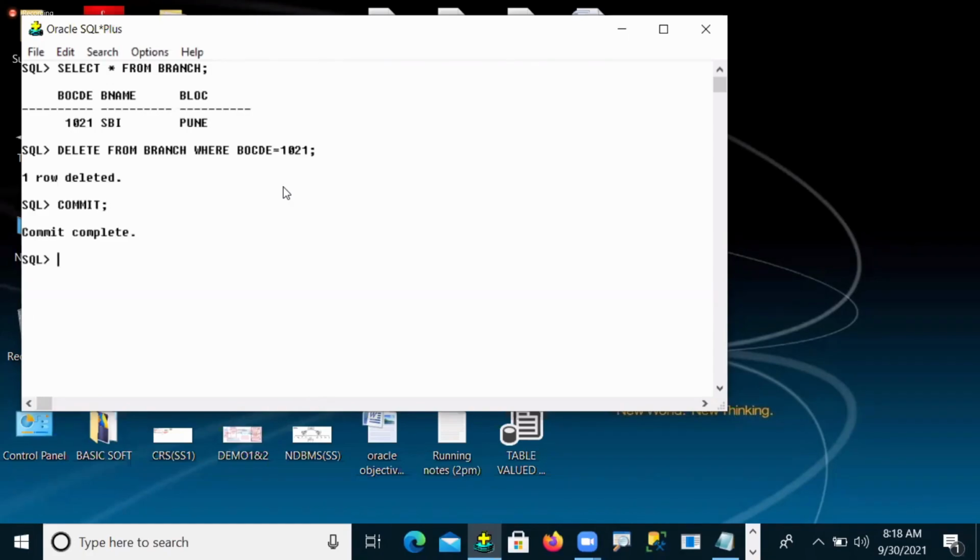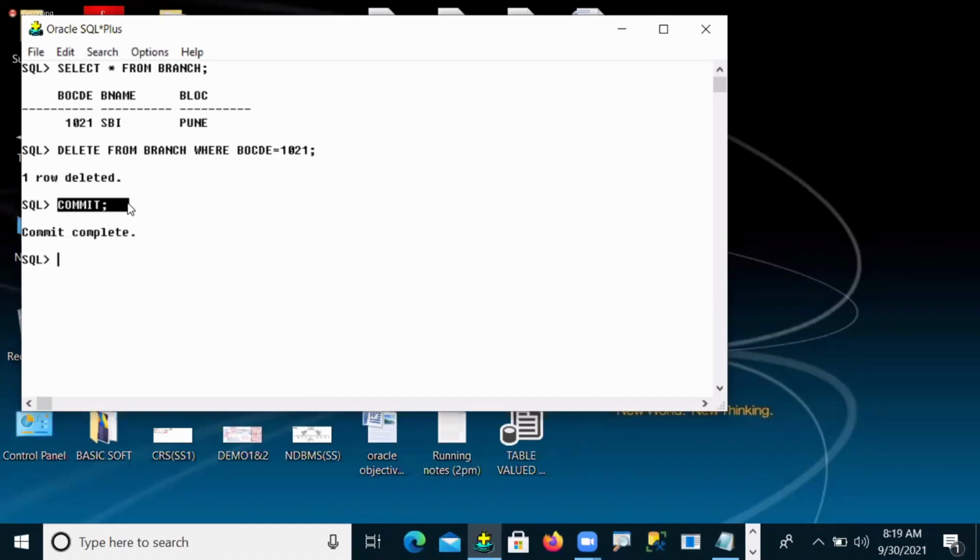Yes, commit. Now I'm committed. Committed means what happened? Your data deleted from database, okay, first one. And deleted data storing under instance memory, and from that instance memory also, I deleted by using which command? Commit command. Now tell me, now your data is not there in database memory. Your data is not there in instance memory, because from instance memory also we deleted by using commit command.